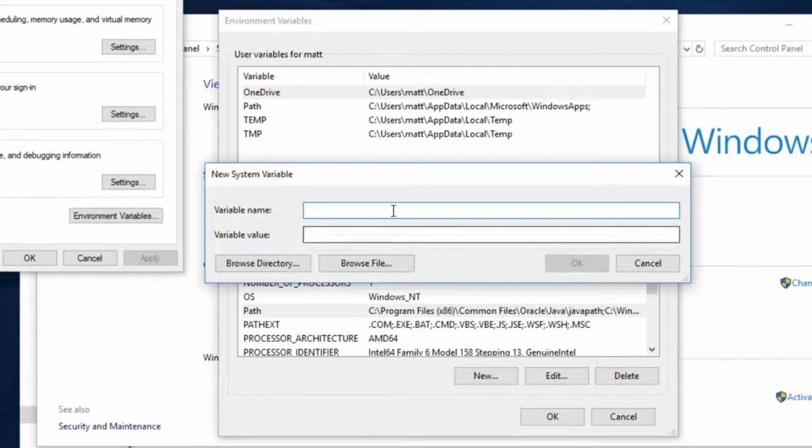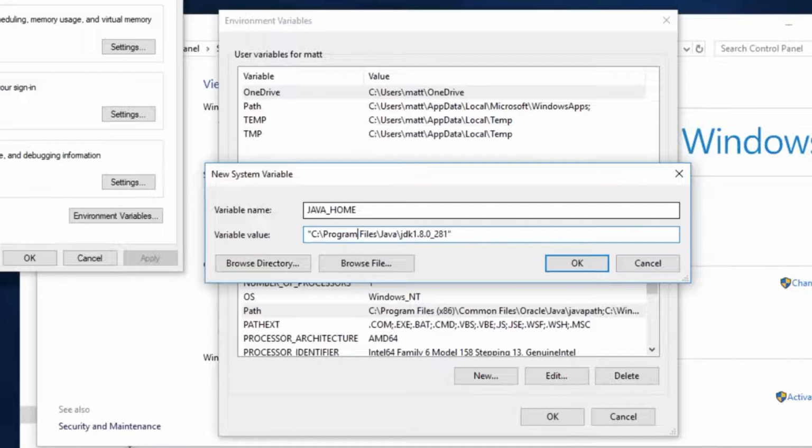So if I click new here, then go JAVA_HOME. If I press tab, that gets me into the text box below. Now if I just do Control V, paste it, you can see it's here now. Also, we should put that in quotation marks, the reason being that Windows is a bit funny if you have spaces in a path, path meaning the actual descriptor of where the folder is, which is this thing we're looking at here. You can see here we've got this space between program and files.